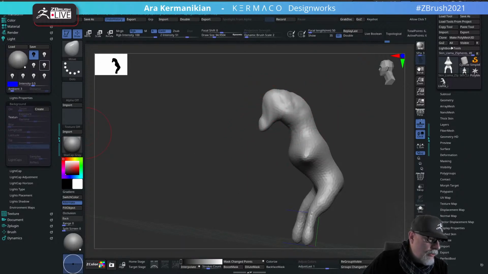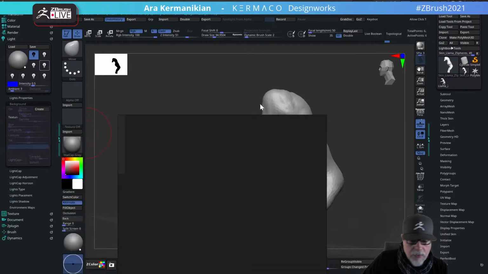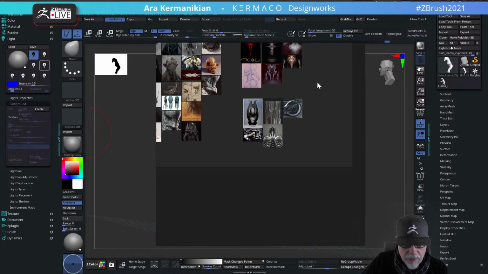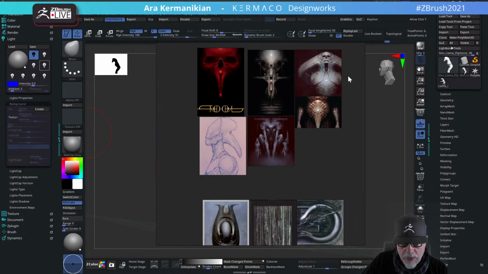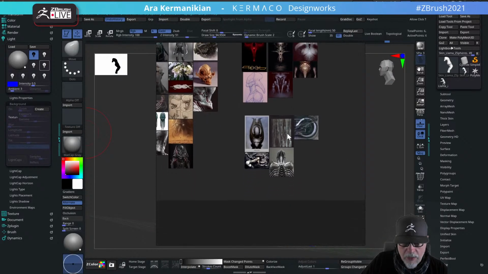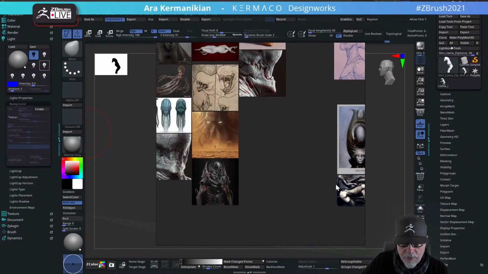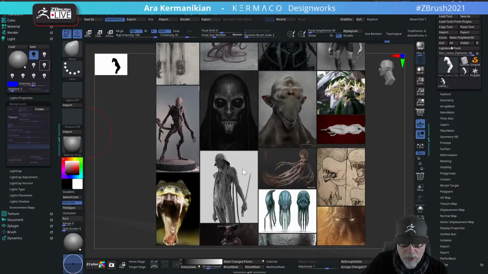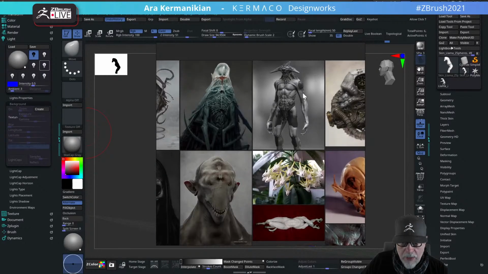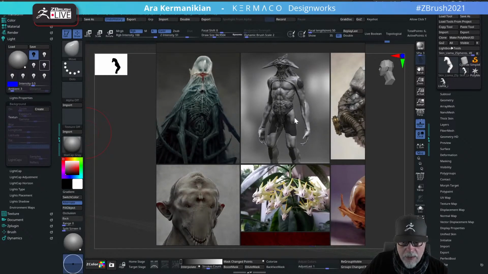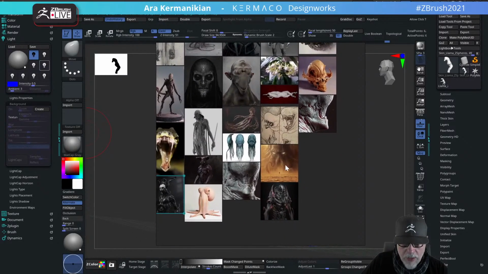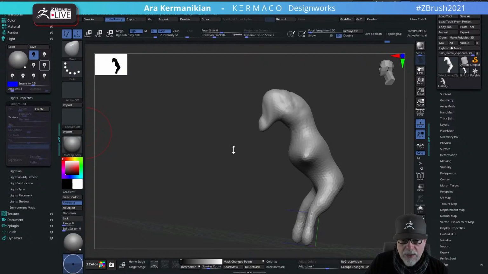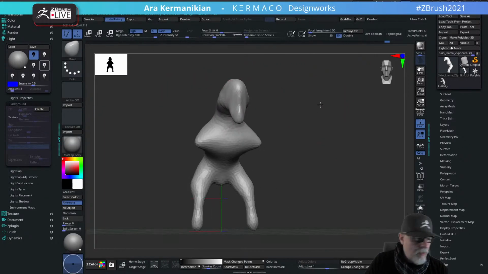And I do have reference, by the way. I should bring that over so you guys can see. So I have some stuff from this amazing artist, Ben Conlin, who has some really good stuff. I don't know if you guys are familiar with him. Ben Conlin, of course, Giger. You always should have stuff from Giger whenever you're doing creatures. And just some random stuff I've found on the web. So I'm just going to go ahead and, maybe kind of liking this type of body, a humanoid type of body, but maybe more creature-like, maybe something like that. All right. So, now that I have my reference, I'm going to be a little bit more driven by